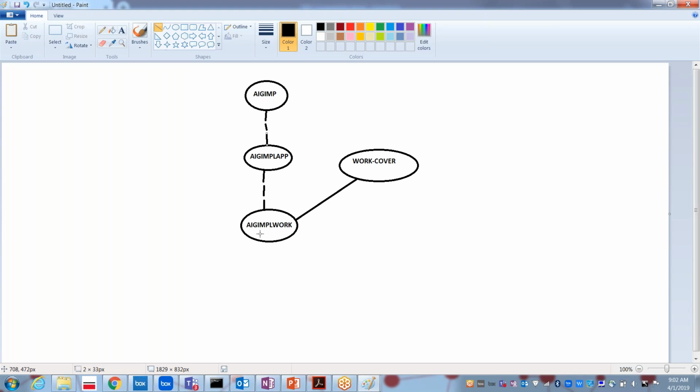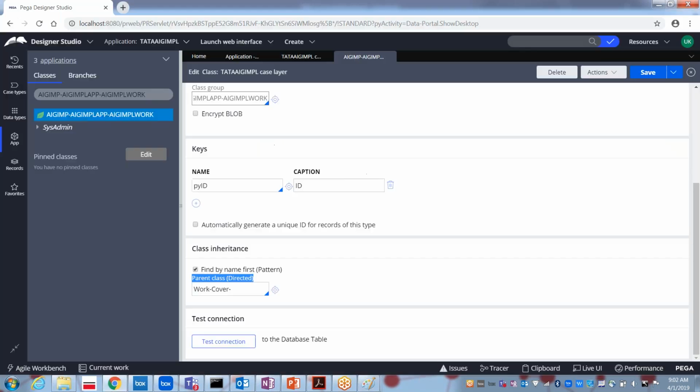Now this AIGIMPL work can access the properties or the functionality from this class or this class or from this class. So that we are going to specify here. Even while searching, we can specify find by name first pattern, and then this is the direct inheritance class name.